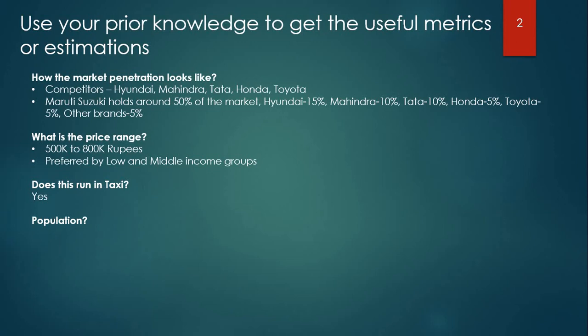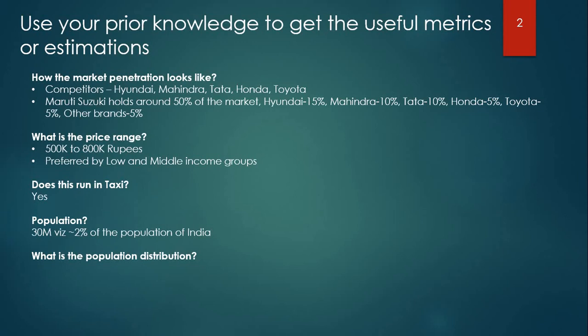Then come the questions specific to our geographic, which is New Delhi. You should think of what the population of the particular geographic location is. Here we can estimate that there are 30 million users, which is around 2% of the population of India. So our starting base of users is 30 million, which is the population of New Delhi.